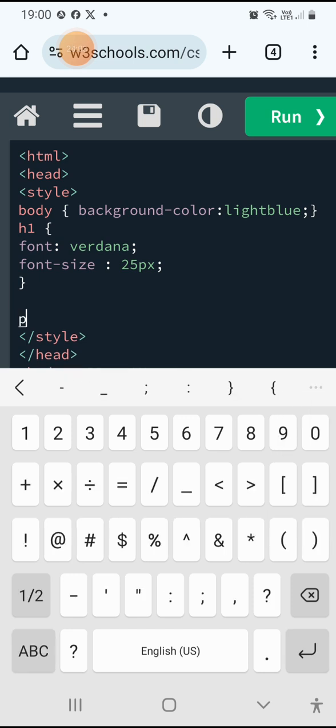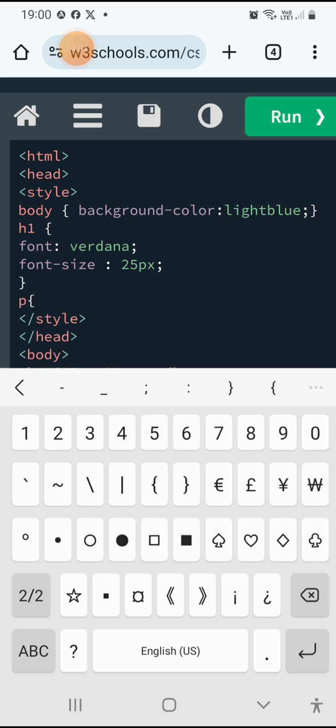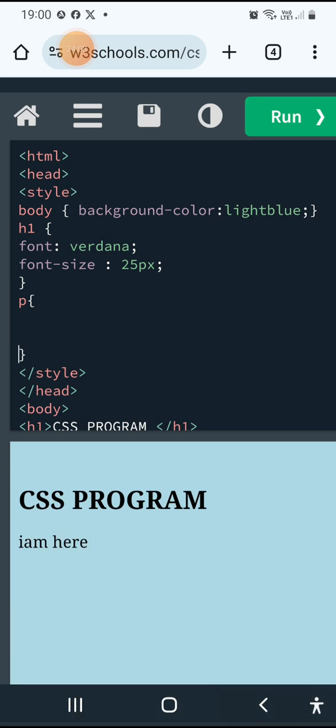These are the selectors to select elements. Body, H1, P, these are selectors to select elements. Inside of the flower braces, whatever we write is called